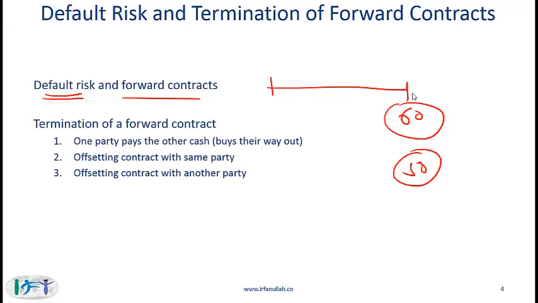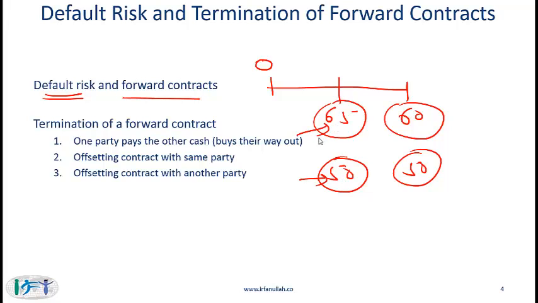Now, at any given point in time, the party that is winning faces credit risk. So if this is time 0 and somewhere during the contract, let's say at the midway point, the price of the underlying has gone up to 65. If the contract price is 50, then clearly the long party is winning because the way things look right now, the long will have to pay only the contract price of 50 to get an underlying asset which is currently at